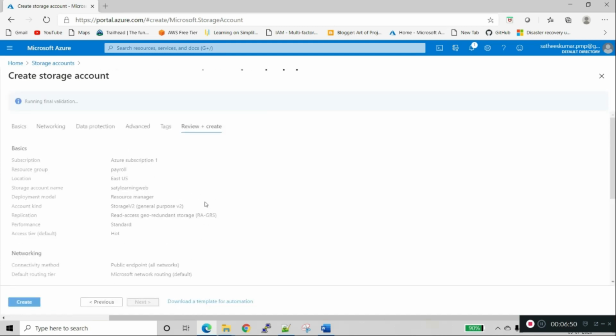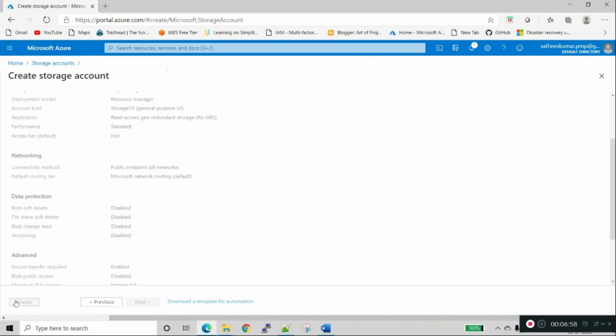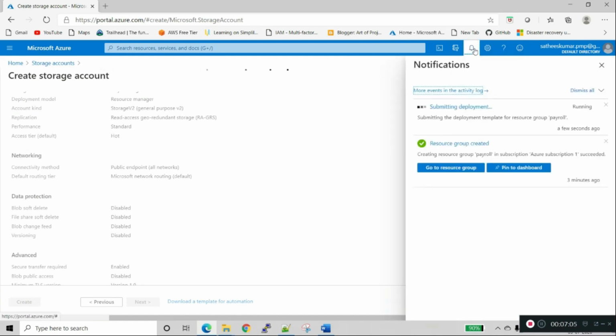Review and create. It's validated, there is no error. Now I'm creating the storage account. The deployment is in progress, so we'll wait for a minute.